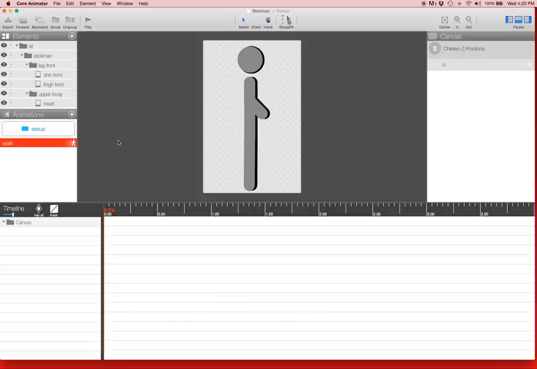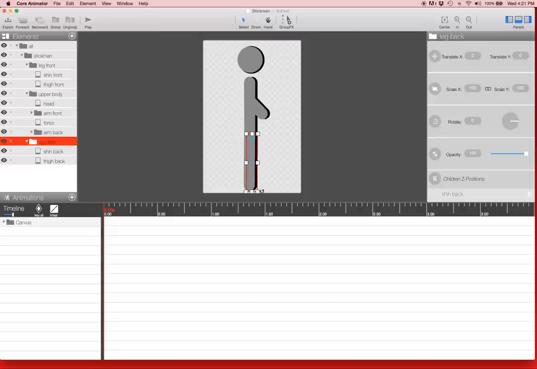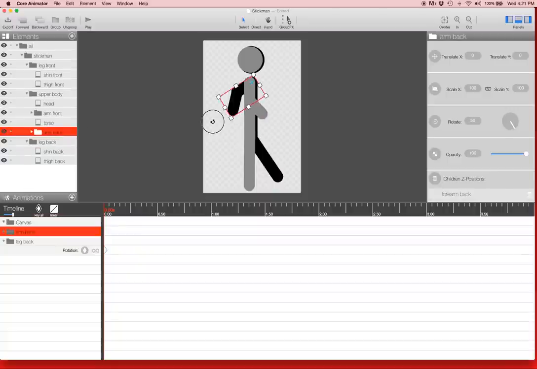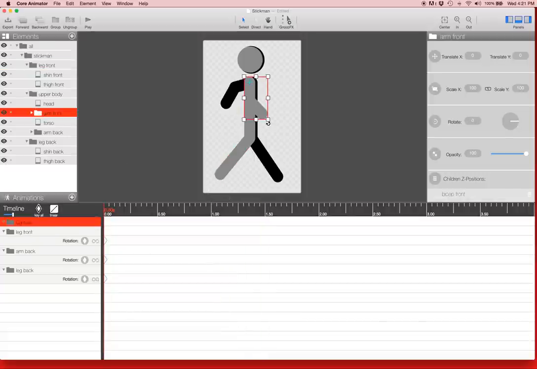Now I'm going to make this walk sequence 1 second long, but first I'm going to put my playhead at 0 seconds, and I'm going to define the initial 0 second point as a frame that I know I can get back to and use in my walk cycle looping. So I'm going to pick the point where he's in the middle of his stride,